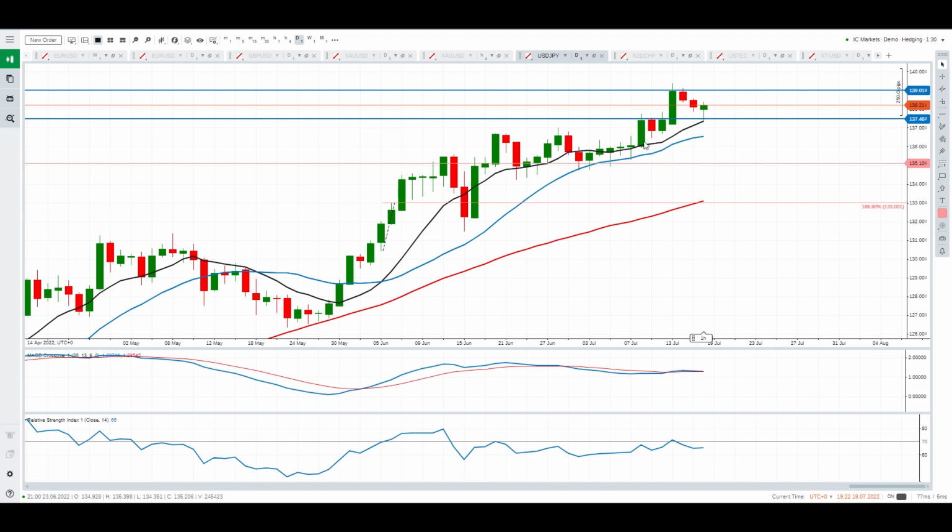Then moving on to dollar yen, which is also on my list. Just wanted to highlight that as I'm recording this, price has pulled back to the previous old highs. There was a bit of a breakout there on the daily time frame. It's pulled back, it's connected with the moving averages, and currently is producing a bit of a bullish candle here. Overall there's a little bit of bearish divergence creeping in on the MACD indicator,